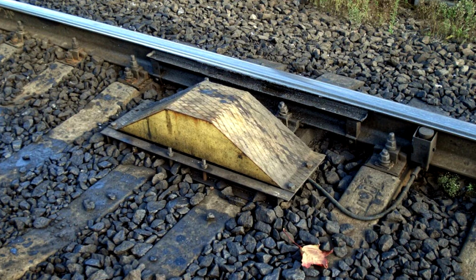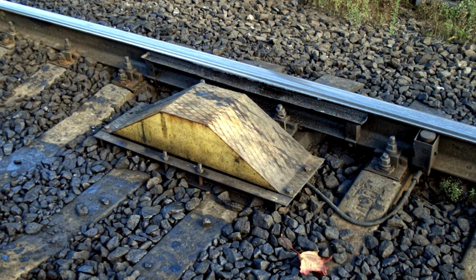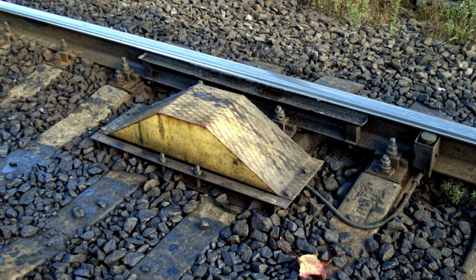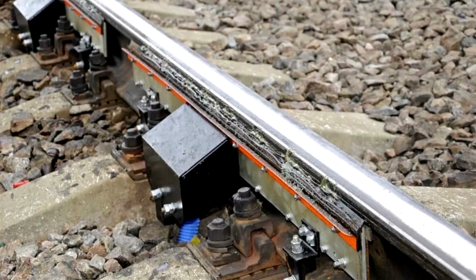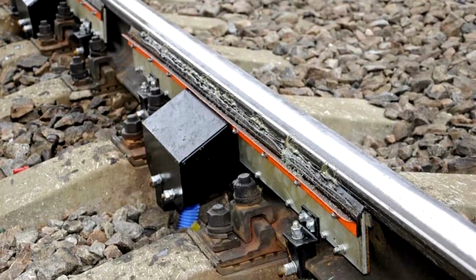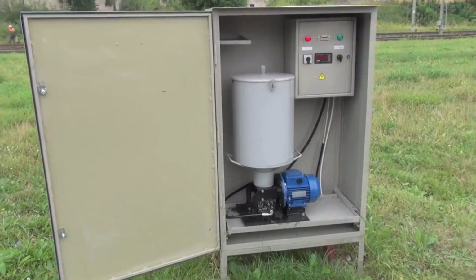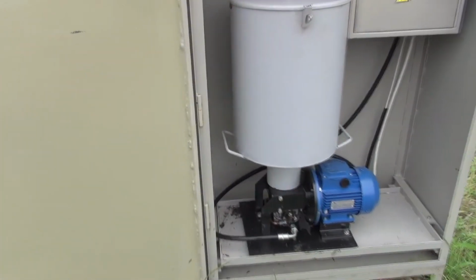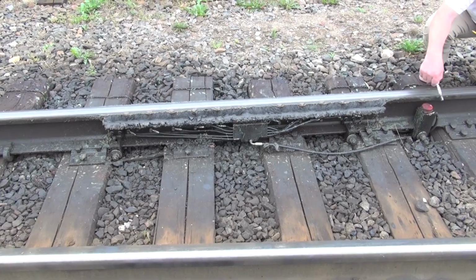Progress did not stand still, and soon automated rail lubrication systems were developed. This is how stationary track rail lubricators appeared, which are installed before curves. They are brushes with built-in nozzles through which a special graphite lubricant is supplied. On the side of the rails there is a cabinet inside which there is a container with lubricant, a pump and control equipment. In front of the brush there is a sensor that reads the passage of the wheel over